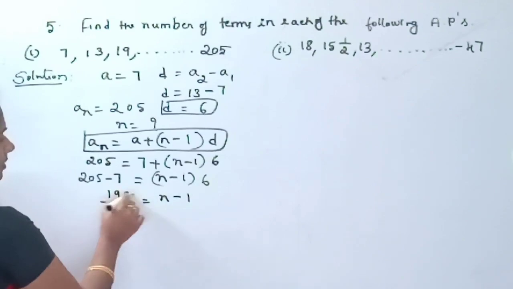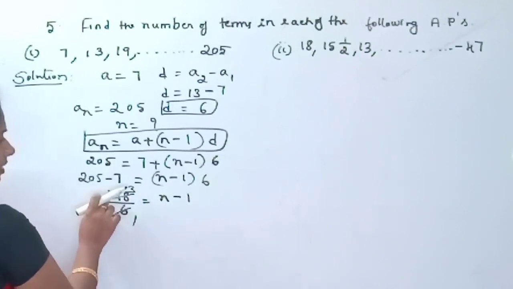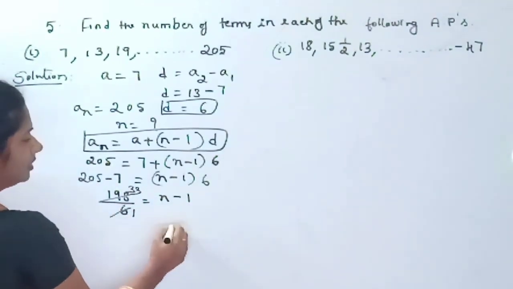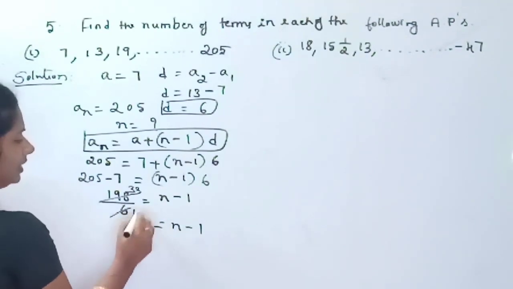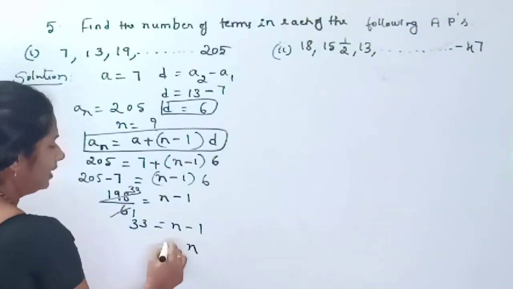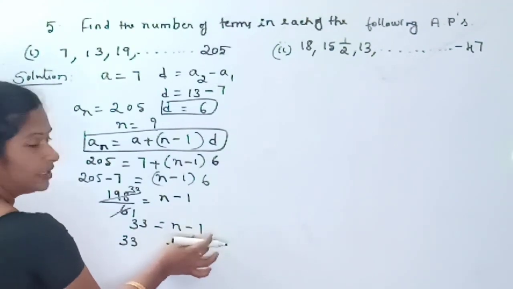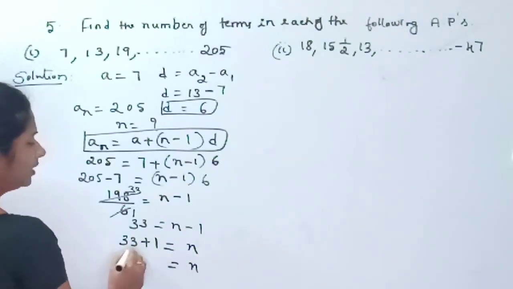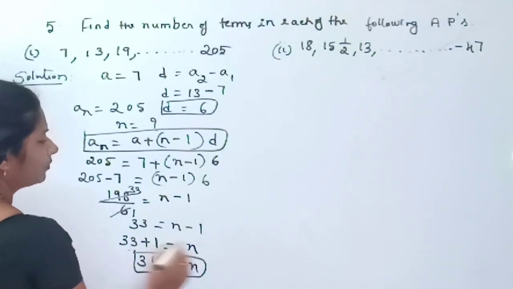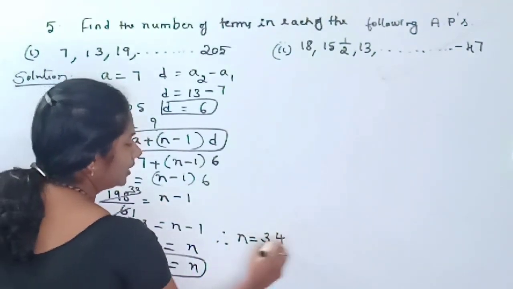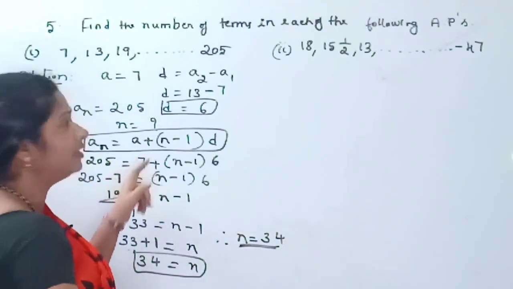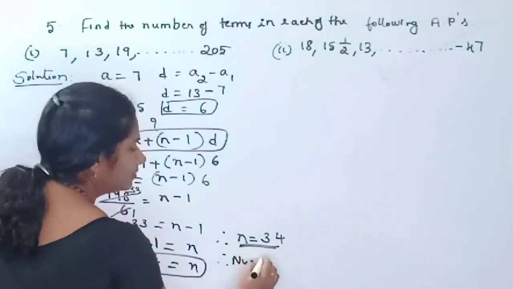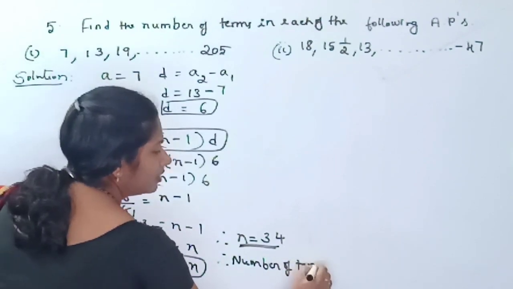6 ones are 6, 6 threes are 18, so 1 in hand, 6 threes are 18. So N minus 1 value is 33. So we have to find out the N value. This minus 1, you transpose to the left hand side, it becomes plus 1. So N value is 33 plus 1, which is 34. Therefore, N is equal to 34. So what is your conclusion, children? Find the number of terms. So how many terms are there? Therefore, the number of terms is